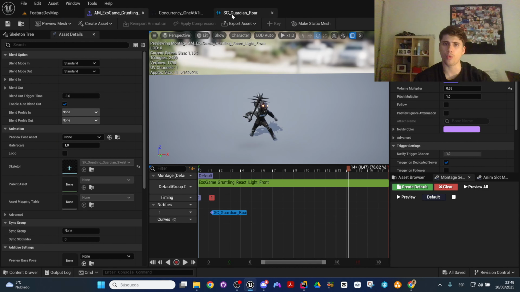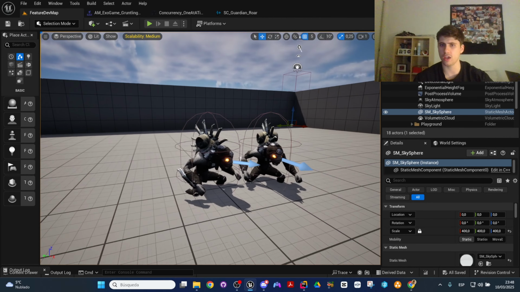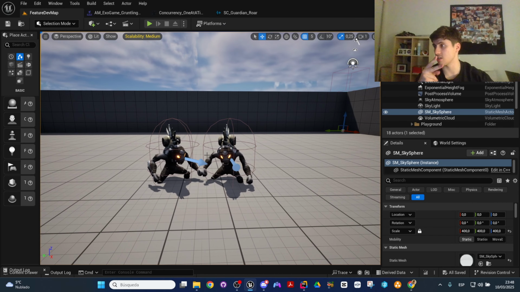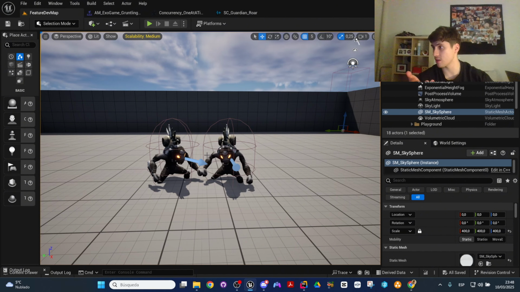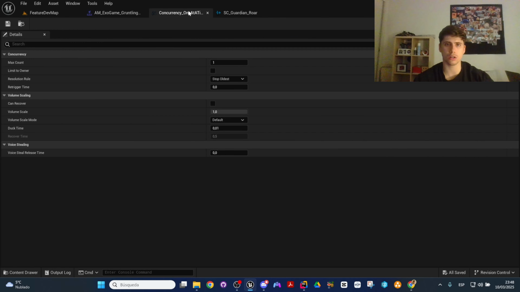After this, we have one problem. If two enemies are hit by the character at the same time, it's going to play two sounds at the same time. That's a problem because we don't want that. And if there are 10 enemies, there are going to be 10 sounds at the same time, and that would not be cool. So what we're going to do is create a thing called